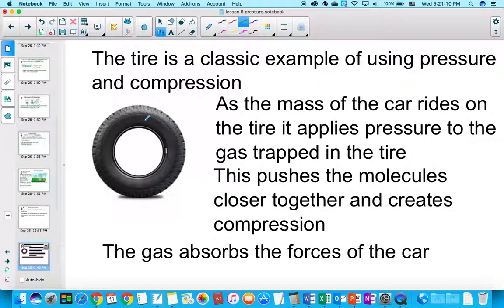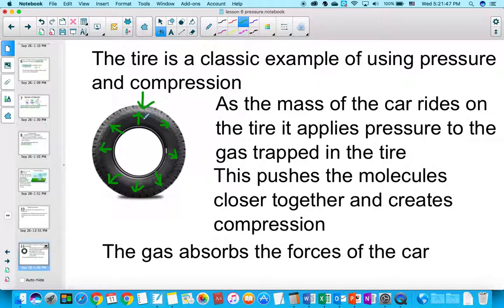Well, tires are a key example of how pressure and compression can be used, right? As the mass of the car rides on the tire, the whole 2 tons of the car rides on these 4 tires. Well, the gas trapped in the tire pushes in all directions, right? So pressure from the car, the 2 tons of pressure applied to the wheels,